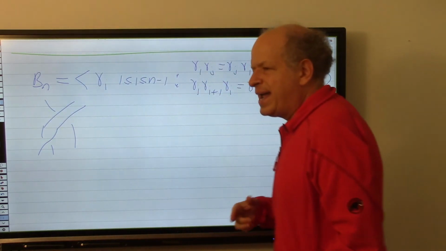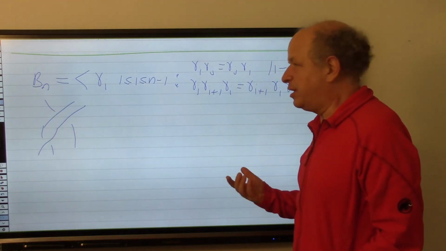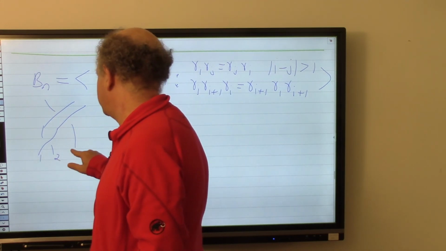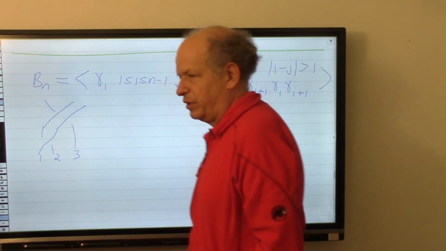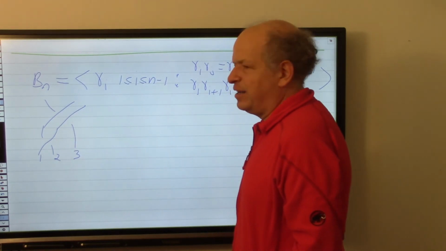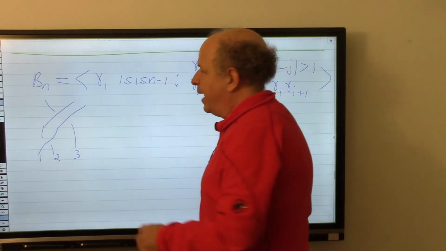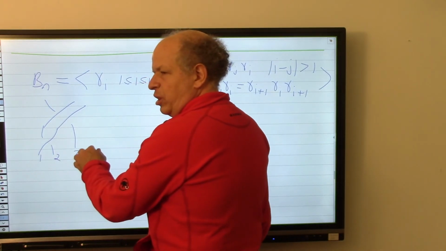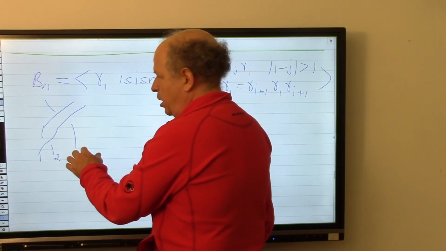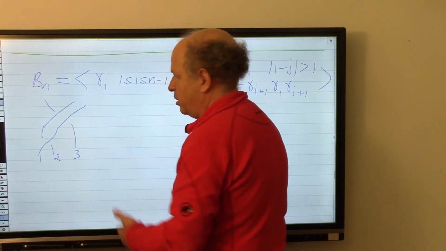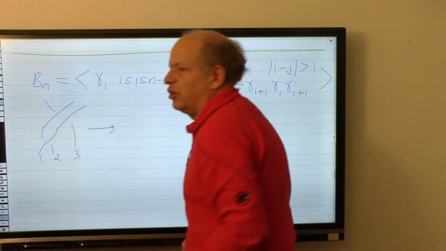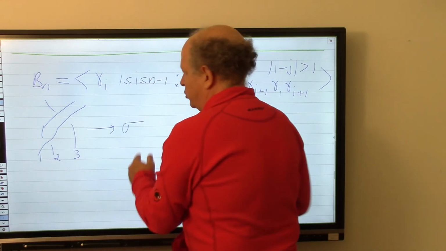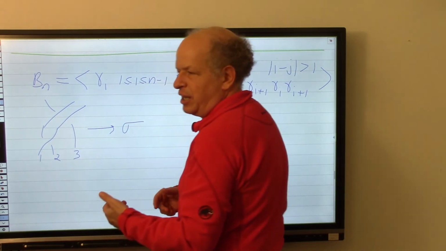The way I will indicate a braid is I will label the strands 1, 2, 3, okay? And then at each crossing I will say which strand crosses over which other strand, okay? So the generators will now be sigma ij,